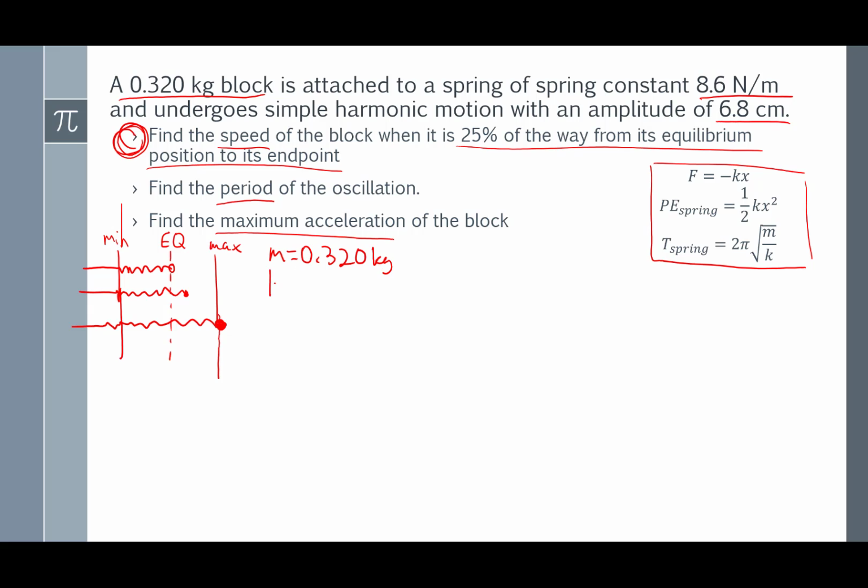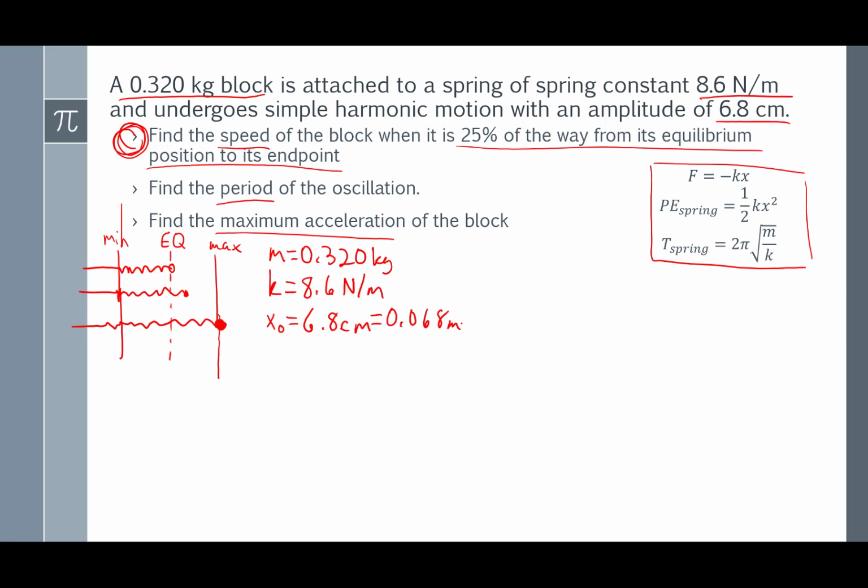We know the spring constant, little k, equals 8.6 newtons per meter. And we know the amplitude is 6.8 centimeters. So that could be capital A. We could also write it as x naught. I'm going to write it as x naught equals 6.8 centimeters. But let's write that in meters, so